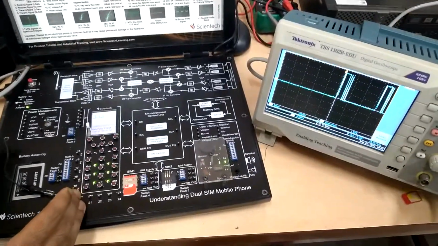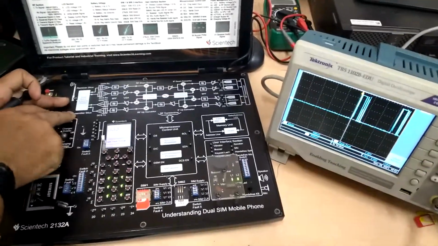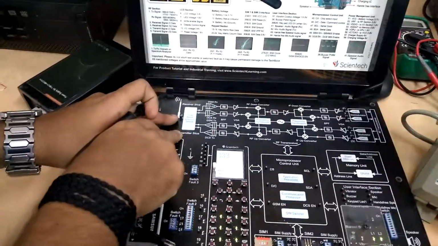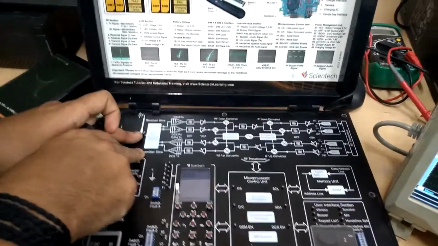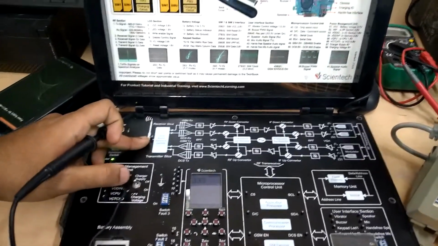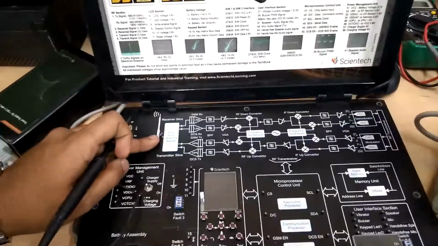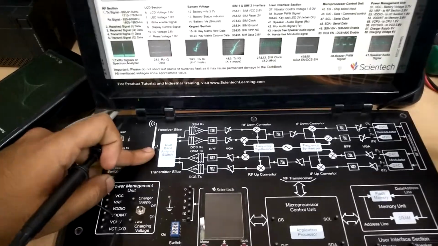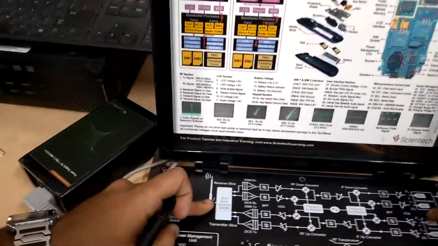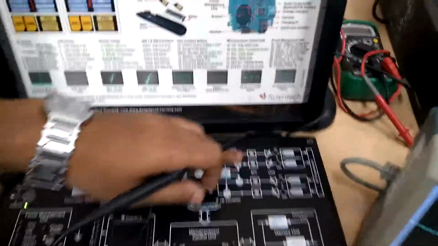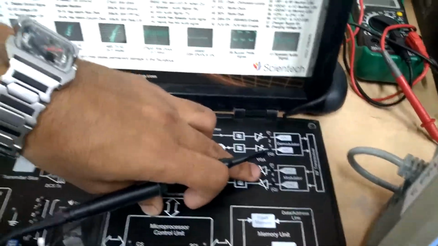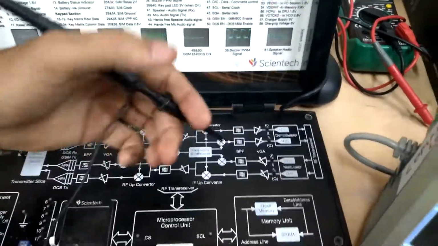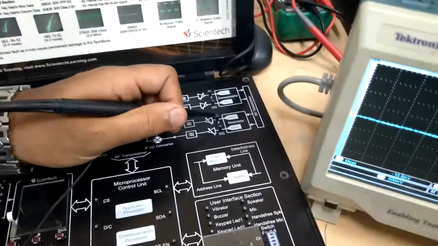For TX RX signal, for seeing the TX and RX signal, we need a spectrum analyzer. On a spectrum analyzer we can see the exact frequency on which we are transmitting the signal. Like in GSM we have 1900 and 1800. So we will see some center frequency at 1900 and 1800. And here is some IQ data, IQ RX data. So here we can observe the signal also.